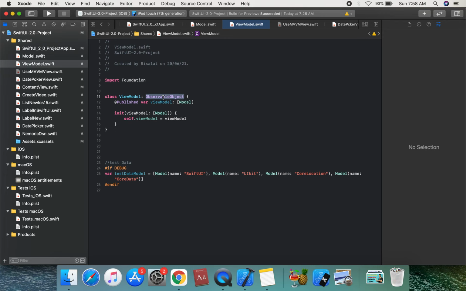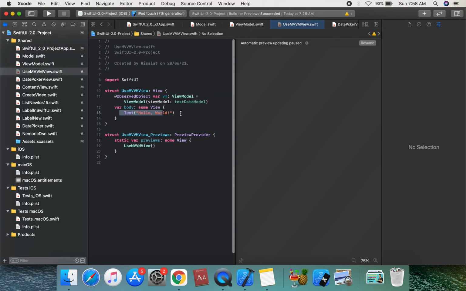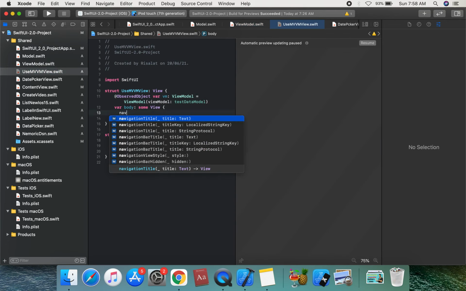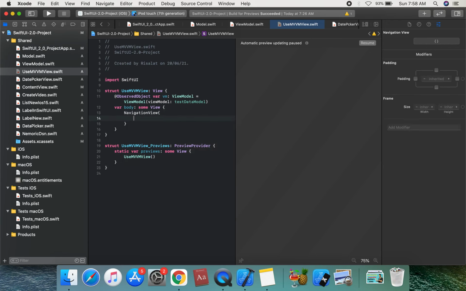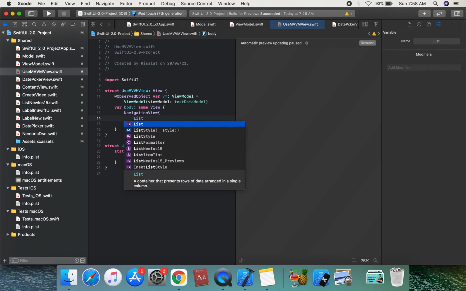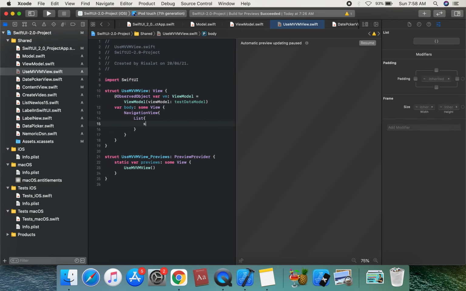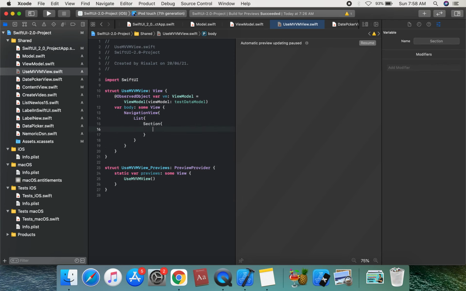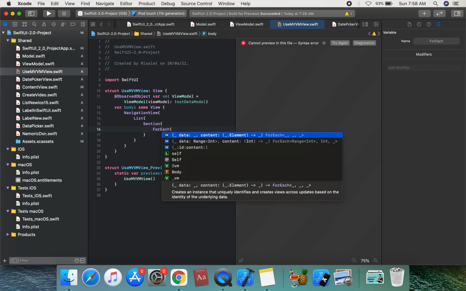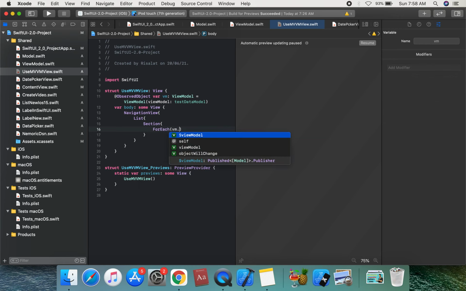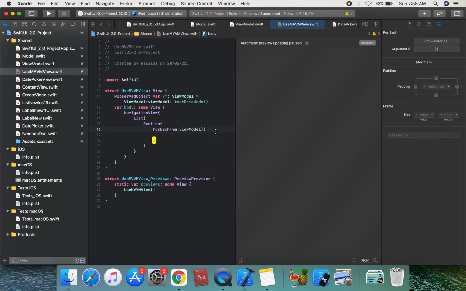Okay, MEM. So let's consider one quick example of this MEM. We can create a navigation view, and we're going to create a list. This is a section. We're going to create a ForEach loop over vm.viewModel, and we're going to bind on this project.